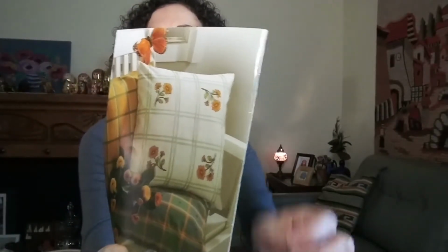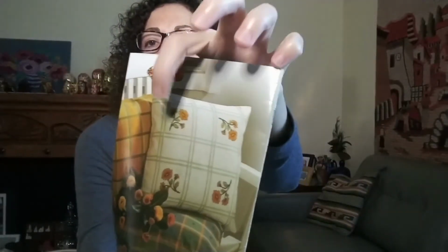Not really my style, but I paid only $1.99, and these are some of the flowers. And this is a pillow. So this is the recommended pattern for that fabric, right? So you can see that you stitch in those squares where the Aida fabric is. So it has some cute designs. Again, not exactly my style, but still for $1.99, the fabric alone was worth it, and it has some